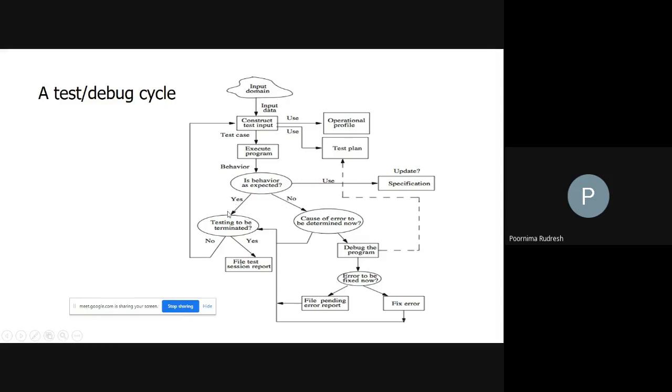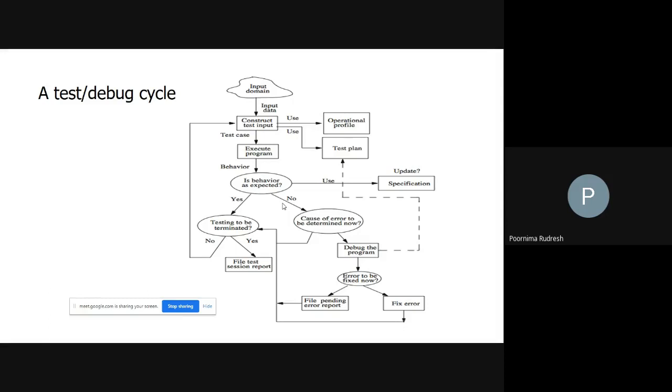If it is correct, then it leads to the success of the testing process. If not, then we identify the causes of the errors and try to remove them. So assessing the program correctness is the important step in the testing process, because the tester decides whether the observed behavior is correct or not.